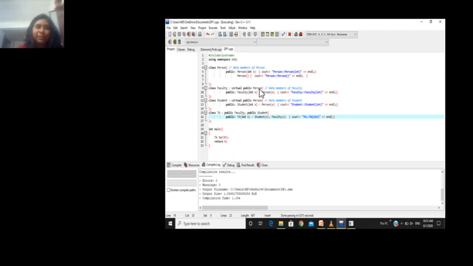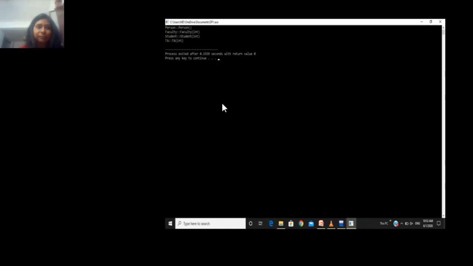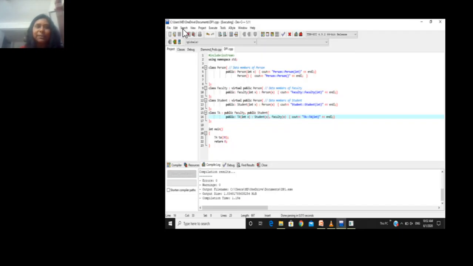Okay, so what is the benefit that we get from it? As we execute this program, we are inheriting the person class in the virtual mode. Again, the person class is inherited virtually for class student also, and when we execute this code, we get as the output that person instance is created only once. So what happens when we do this? The system itself constructs one instance of the root class.